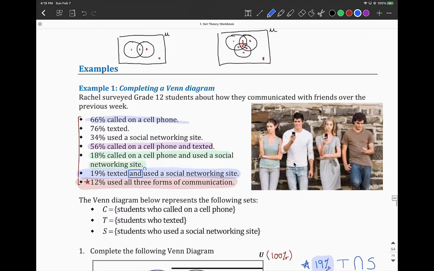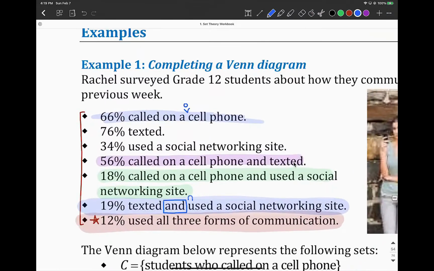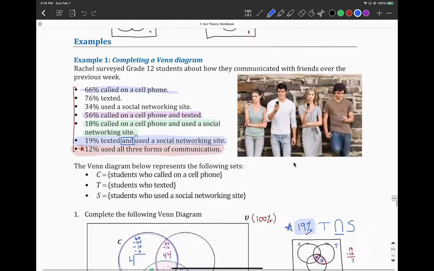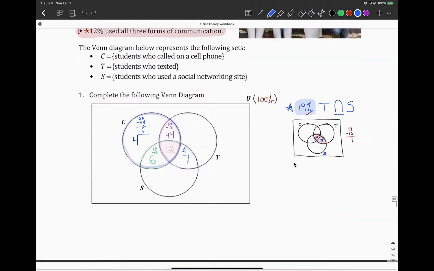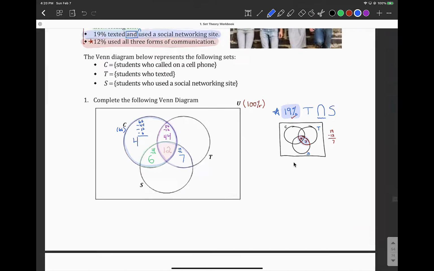Remember, it doesn't say to exclude anything here. It's not saying only used a cell phone, did not use other things. It is just a really literal statement of 66. And if you add them up, I'm pretty sure I did make the C set add up to 66. And yes, I'm happy with that. Texting,